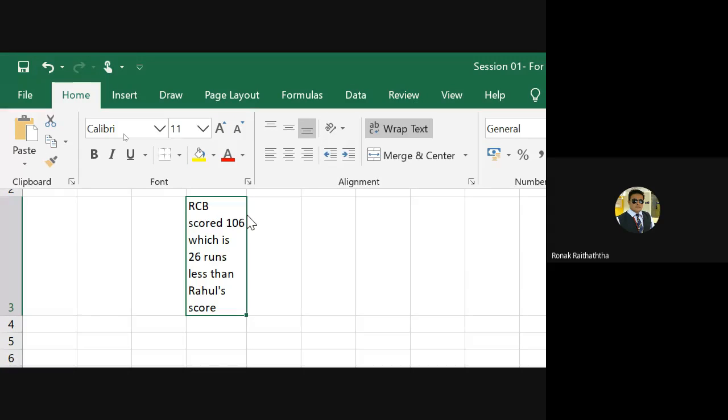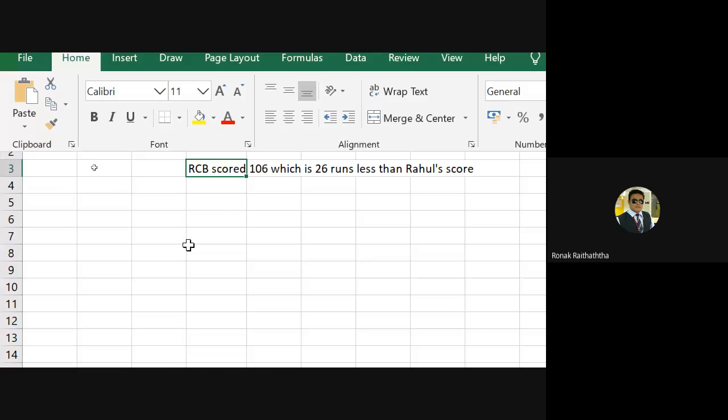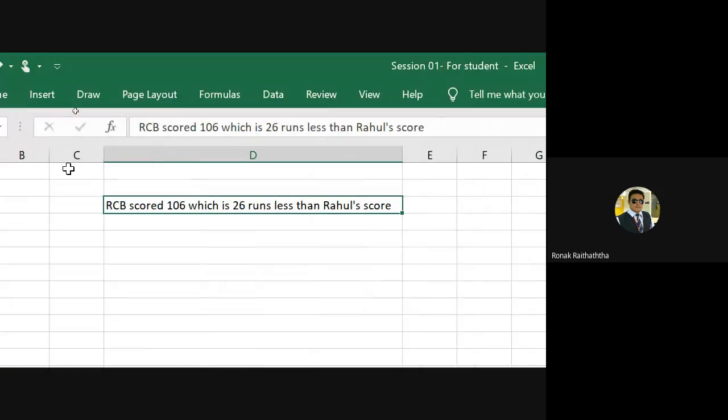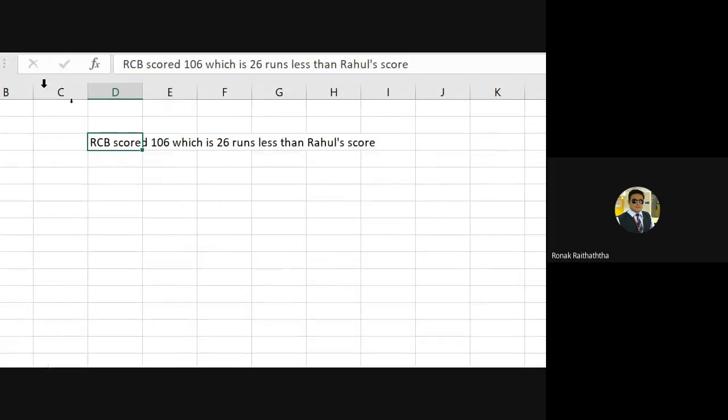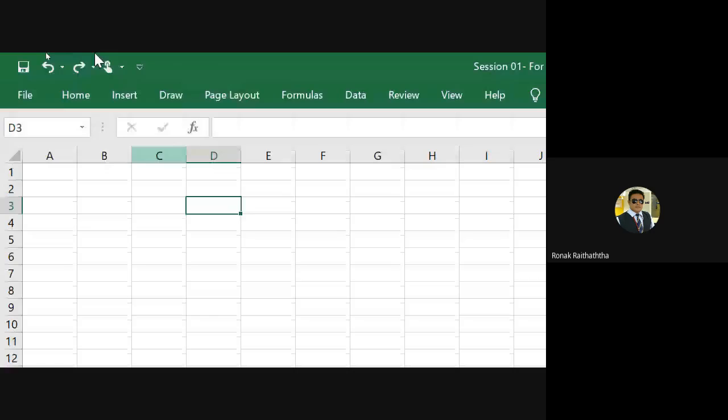Doing Control Z, I'm sure there is no need to tell you what Control Z is for, because at least this much faith I can put on the intellect and the memory of my students. Control Z is to undo. Again, if I press Control Z, it should go. Again, if I press Ctrl Z, yes, I'm back to normal now.